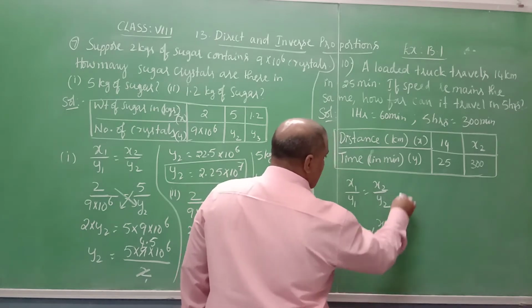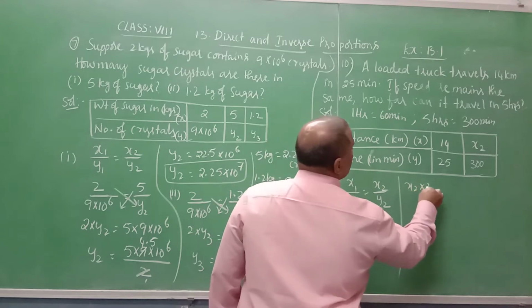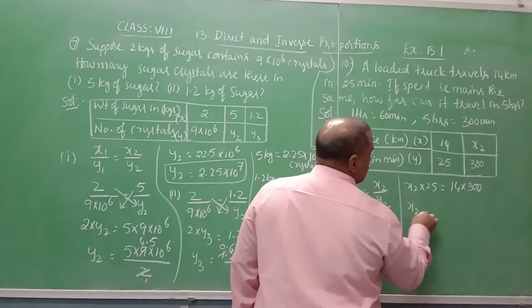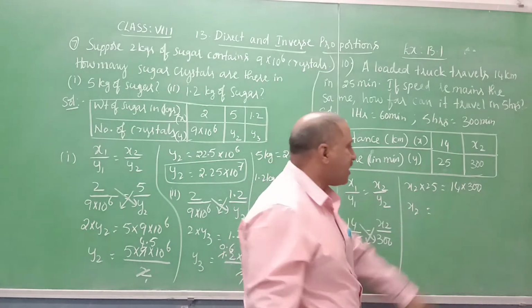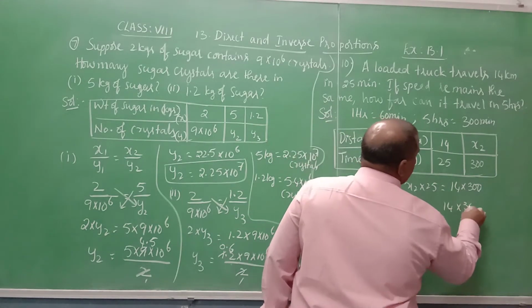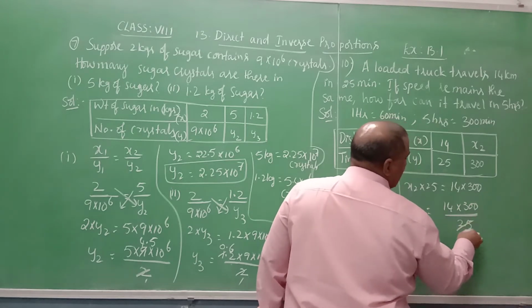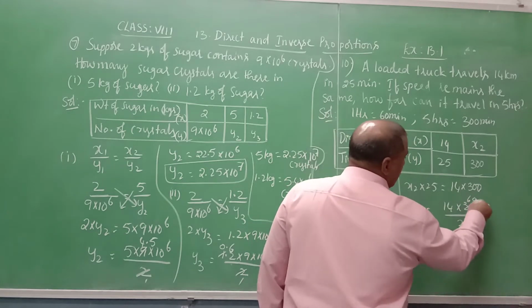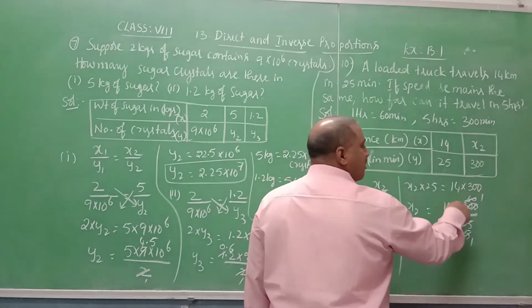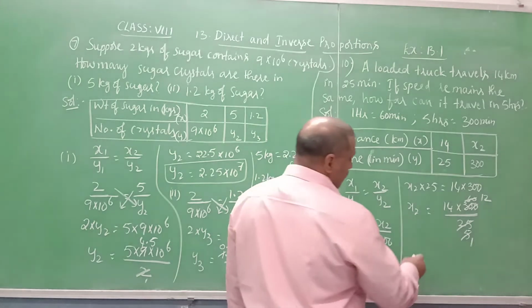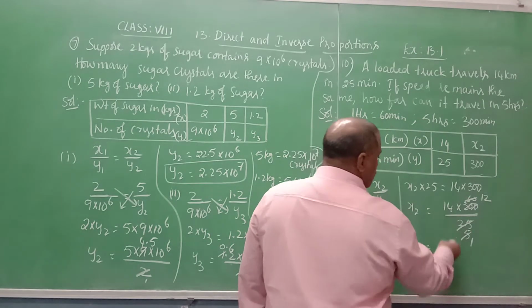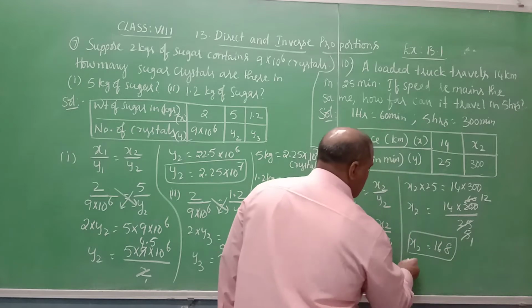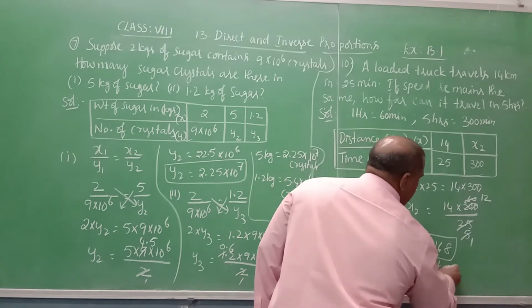Now by cross multiplication, what do we get? x2 into 25 equals 14 into 300. As we have to find x2, transpose 25 to the RHS. So it divides, hence we get 14 into 300 divided by 25. 5 5s are 25, 5 6s are 30, 5 zeros are 0. Again 5 1s are 5, 5 1s are 5, 6 minus 5 is 1, bring down 0, 10, 5 2s are 10. Now x2 equals 14 into 12. 12 4s are 48, 4 is there, 12 1s are 12 plus 4, 16, so 168. Therefore 168 kilometers